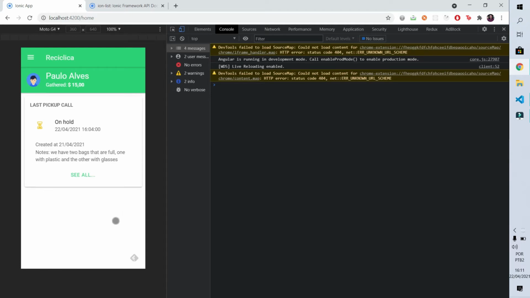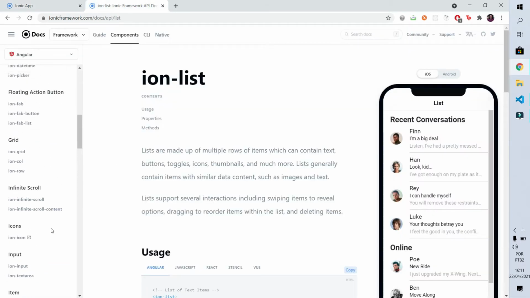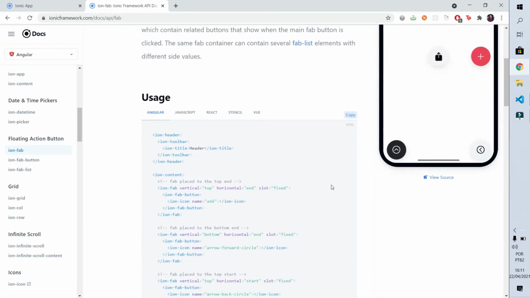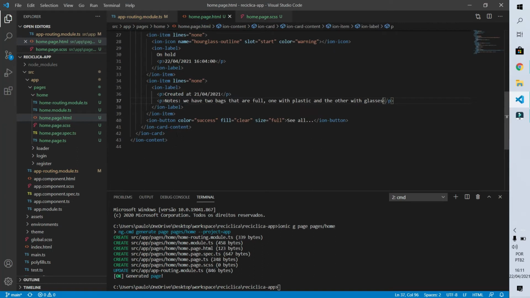What we have to add now on this screen is an action button, so the user can click it and create a new pickup call from that button. If we go to the Ionic components page, we'll be able to find the Ionic floating buttons, which are these here, exactly what I need. So let's go to the code. On our HTML page, I will create the Ion fab here below.